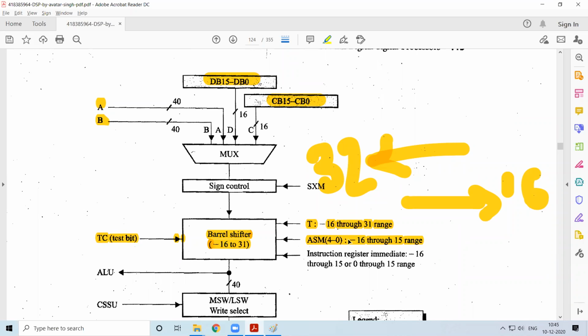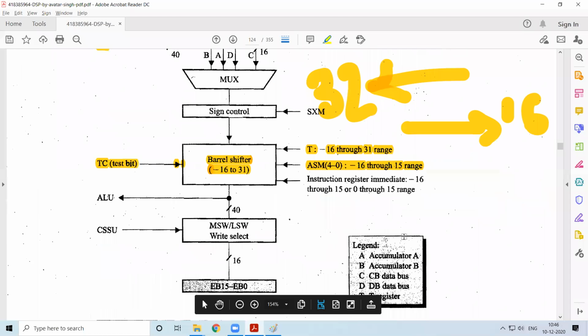So that is how you are performing it, and how many shifts are being performed is controlled by the temporary register. Whether you want to shift right or shift left is controlled by this case. Then apart from that, in ST1, the shift register information is also stored, in which how many bits have to be shifted is stored in another register, the status register ST1. So these are just a few things to name.